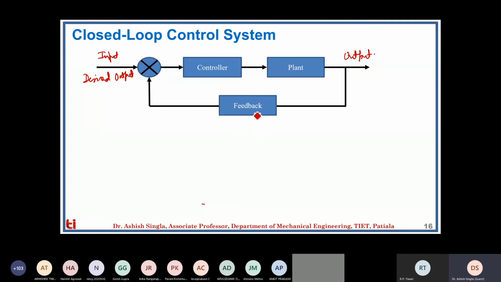This is called the feedback from the sensor. And we have, let's say, a plus sign, and this is with the minus sign. And this is called the error signal. And the output from the controller will be there. The function of this controller is to nullify this error. Whatever error is coming, the function of the controller is to nullify it. And the output from the controller is called the actuating signal, which will be there to drive the plant. So these are the main terms which can be written mathematically.